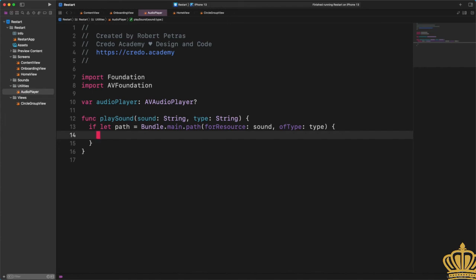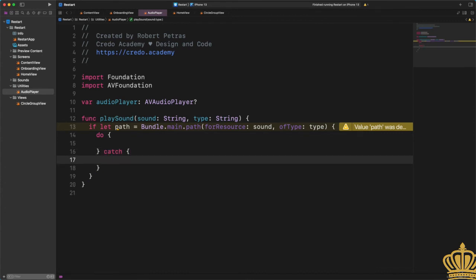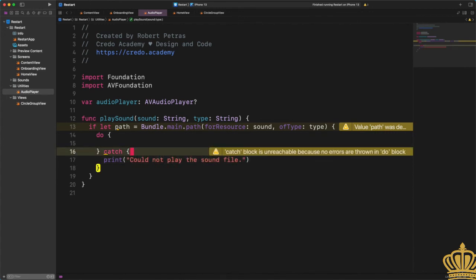Enter this code. Do { } catch { }. Print "Could not play the sound file." Then go back to the previous do block and enter